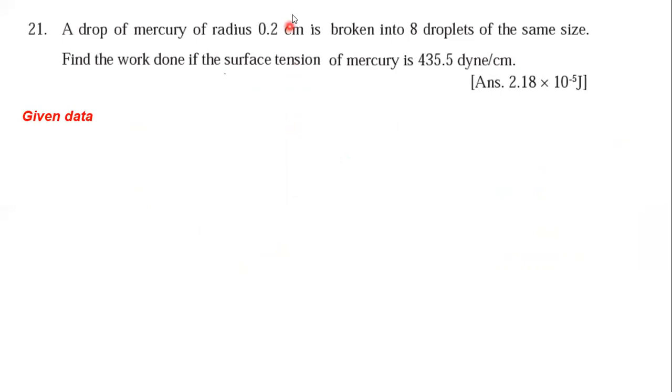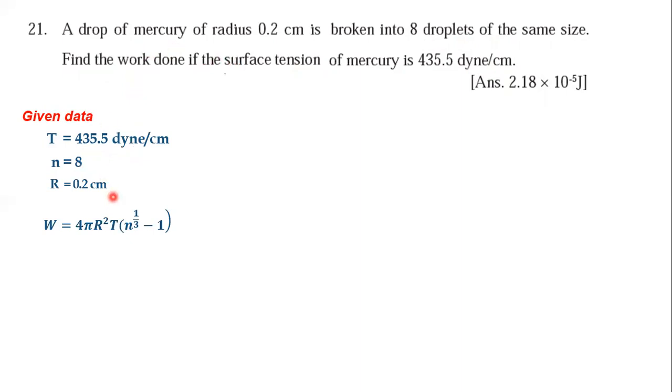Now next question. Next question is question number 21 from the exercise. A drop of mercury of radius 0.2 centimeter is broken into 8 droplets of the same size. Find the work done if the surface tension of mercury is 435.5 dyne per centimeter. So given surface tension and number of droplets, and capital R the radius of the drop, we can find out the work done